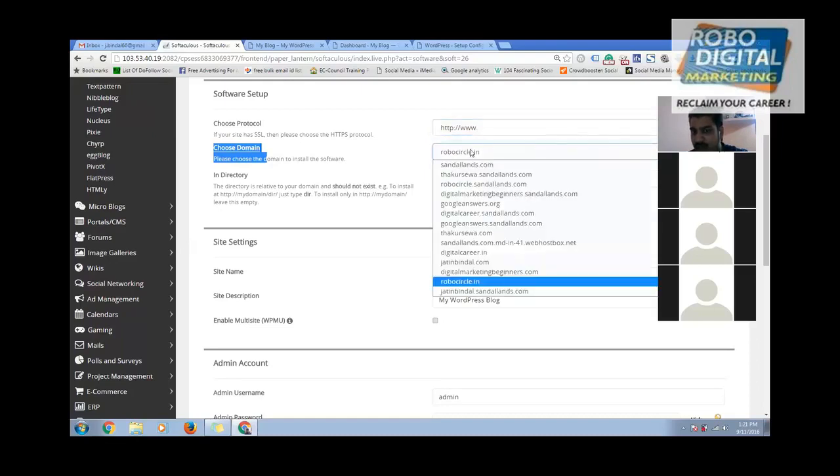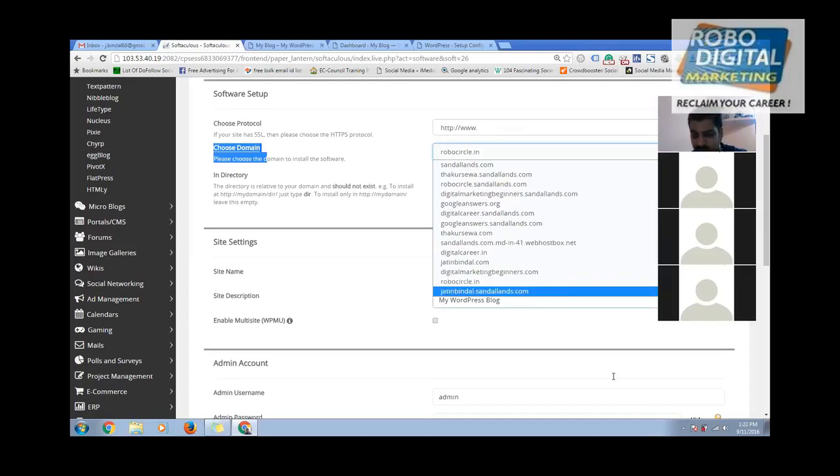And this is the domain name, the domain name which you have purchased from GoDaddy. You will see that domain name over here once you connect it with your hosting. Clear, Nipun? Or is there still anything you want to ask?